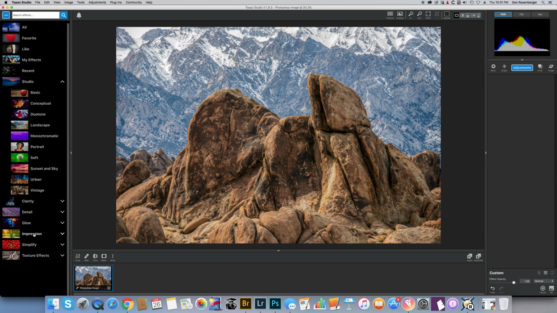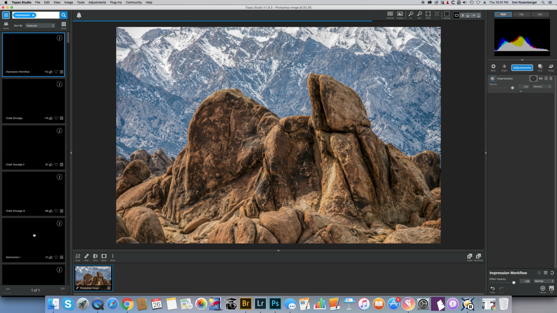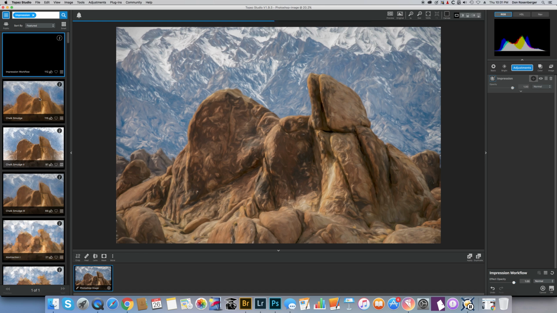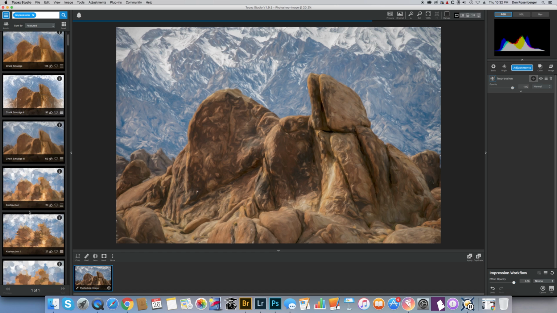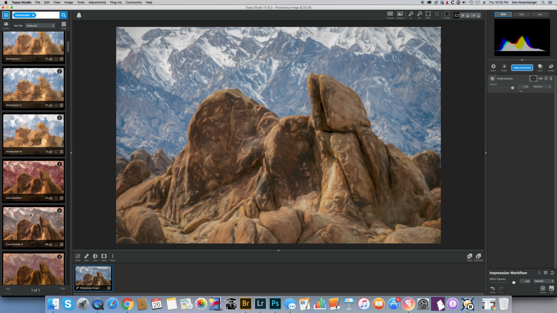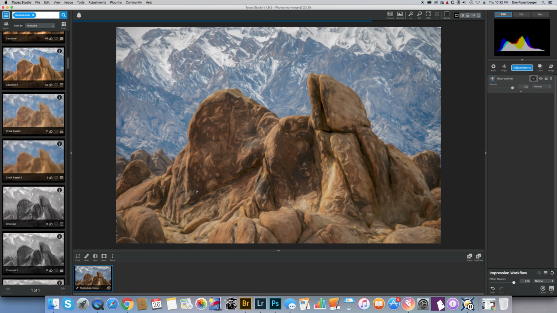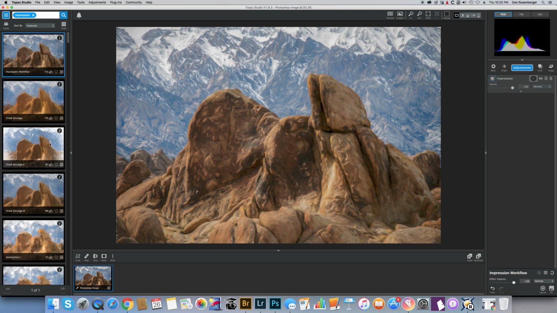For instance, Topaz Impression is a painting type program. So click on that and let's see what this would look like as a painting. Well, there's the default image, and I kind of like it. And that's without going through and seeing what other presets. You can see there's quite a lot of presets. And so let's just